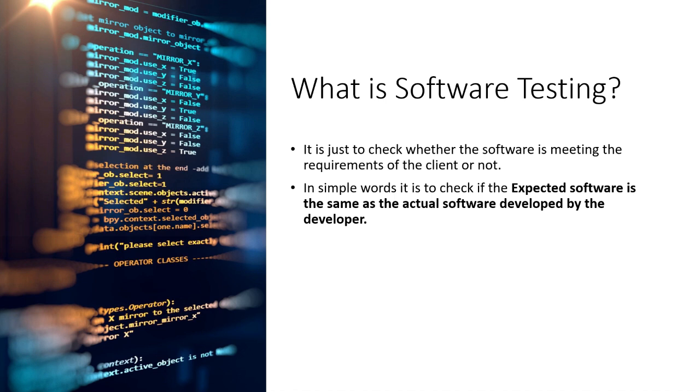For example, let's say the client says, I want the color of the error message to be red. But let's say the error message is coming in a yellow color. That's a defect for you. You can't say that anyhow the error message is coming, it doesn't matter which color it is. No, it matters because that's not the expectation of the client. So you are working on behalf of the client. Yet you're working in a different company, but you're working on behalf of the client.